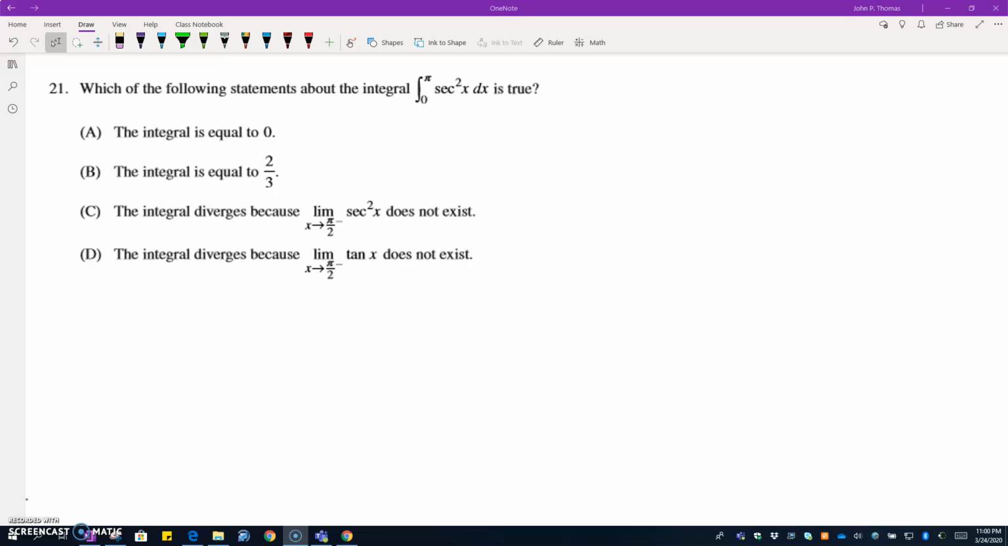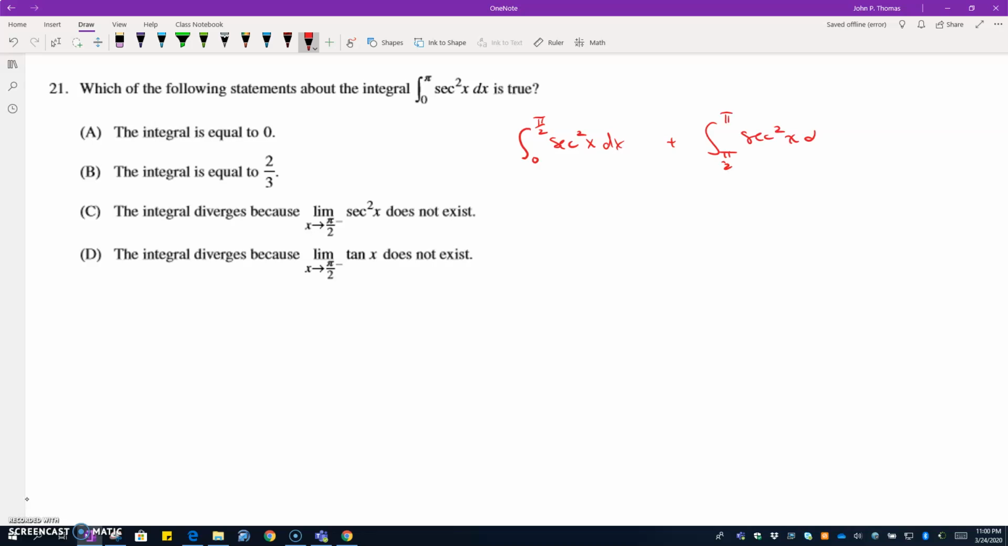Right, cosine is going to be 0 at pi over 2. So we're going to have to break this in two pieces and think about it as an integral from 0 to pi over 2 of secant squared x dx plus an integral from pi over 2 to pi of secant